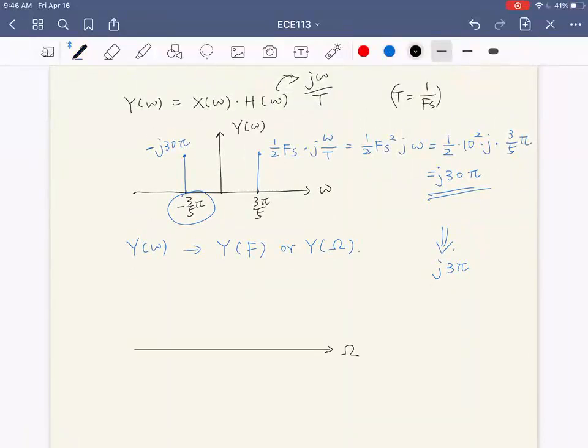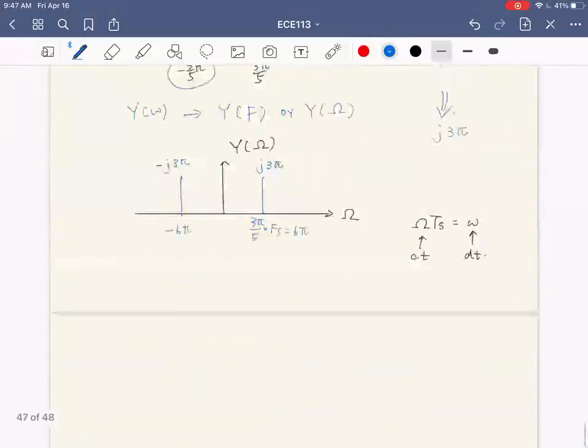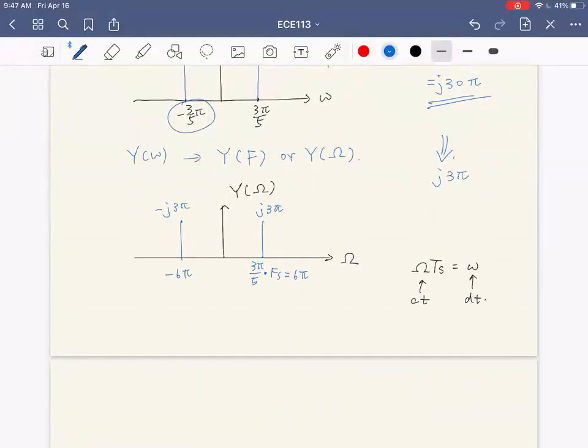All right, and we know that omega ts, this is continuous time, this is discrete time. Okay, this is a conversion, the relationship. So the value will become minus j 3 pi and j 3 pi. And the index here should become time fs, which equals 6 pi, and this is minus 6 pi. Is it clear? And then recall this DTFT, CTFT of sine function. You see that